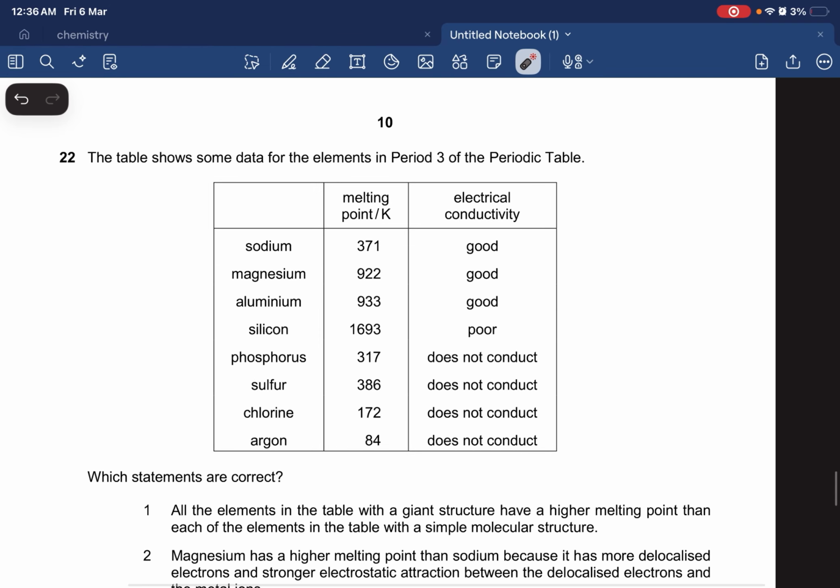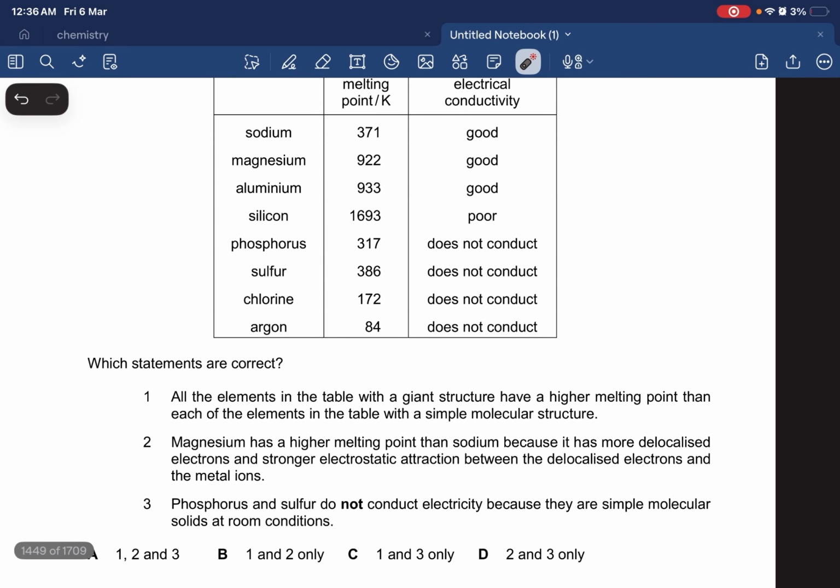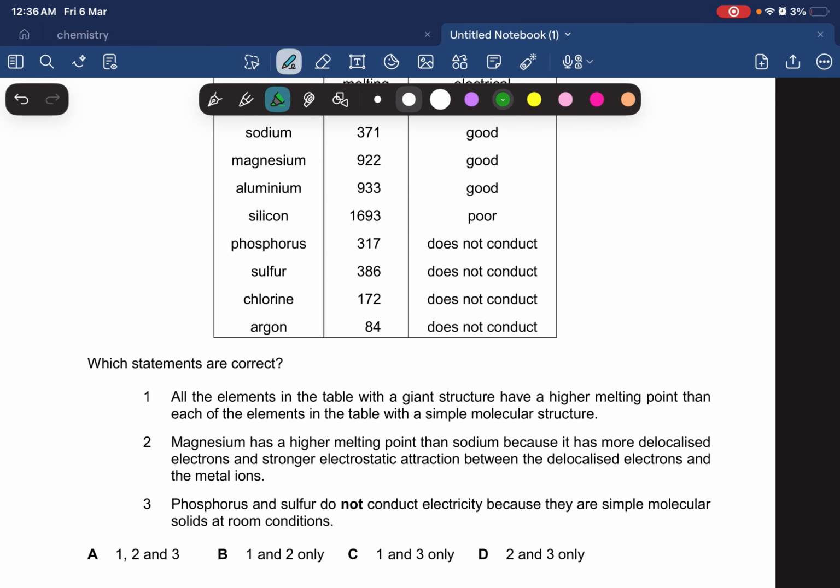The table shows the data for elements in period 3. We're given the melting points and the electrical conductivities. God knows what they're going to ask. Which statement is correct? All the elements in the table with a giant structure have a higher melting point than each of the elements in the table with a simple molecular structure. Okay, let's see. Let's see how many giant we have. Giant,